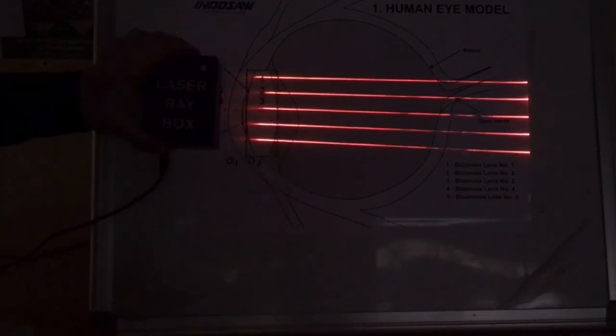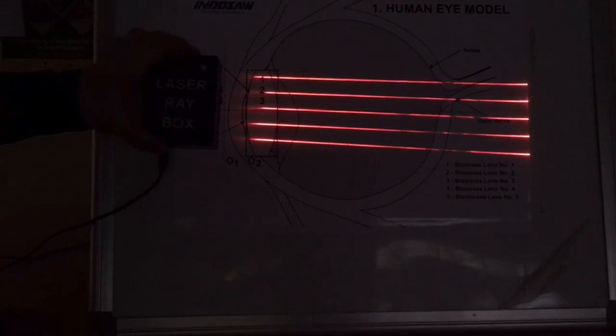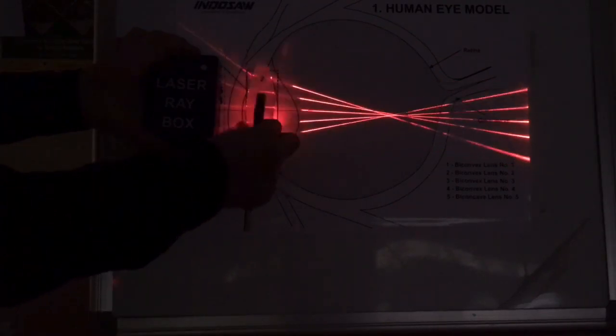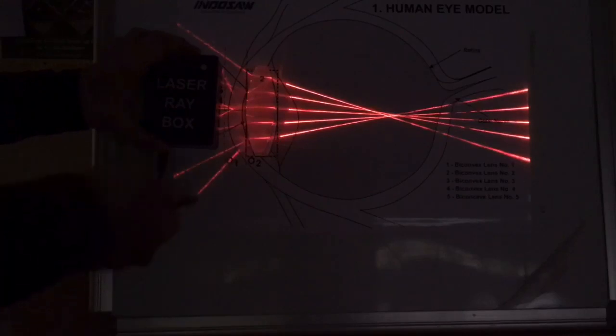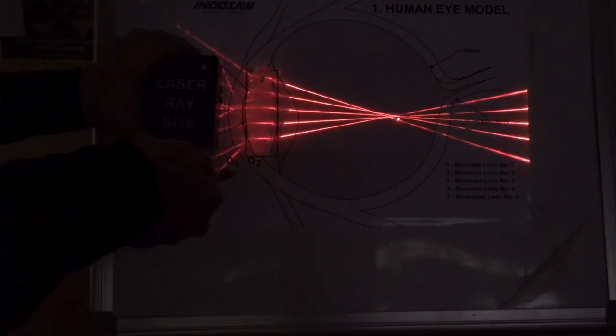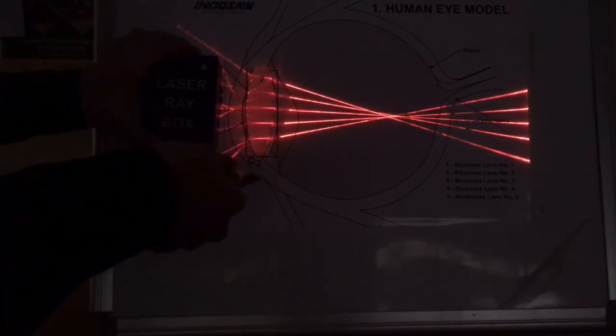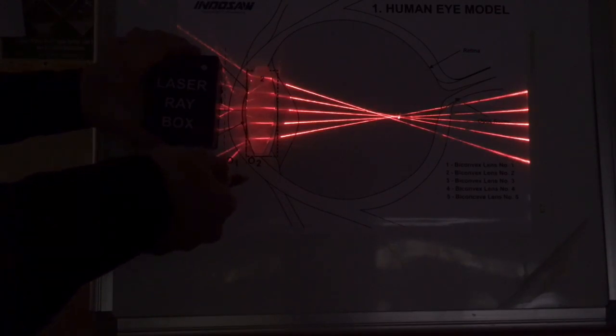But some people have defects. One is called nearsightedness, one is called farsightedness. We will discuss one by one. First is nearsightedness. See what happens in nearsightedness. The converging point of all the radiations is at this point, very ahead of the retina. So it may cause blurred vision to a patient.